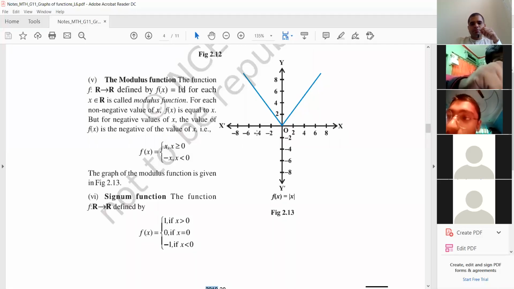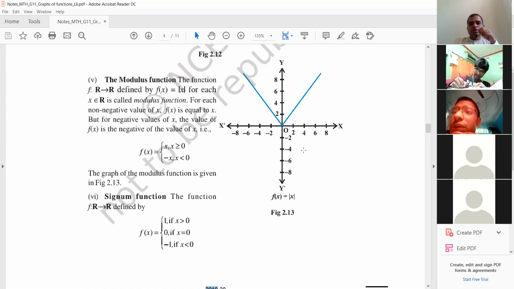Domain. Infinite. Yes, you see, it is taking all the values of x along the x-axis. So the domain is minus infinity to plus infinity, which means real numbers. Domain is real. What is the range of this function?